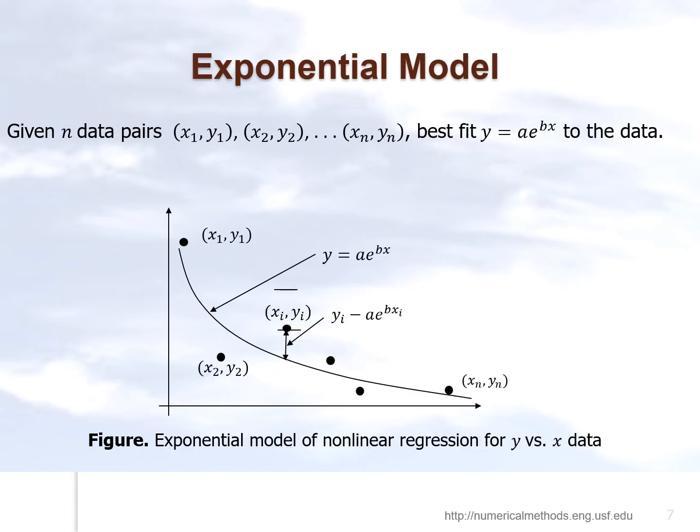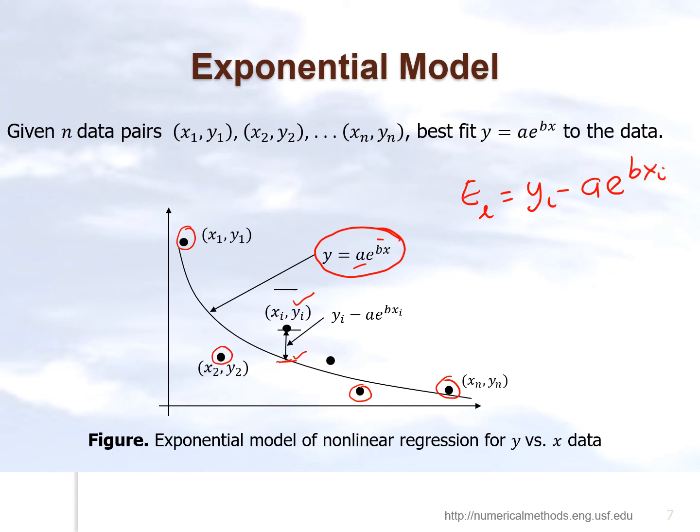So let's go back to the exponential model and just repeat what we saw for the general regression model. The reason why we do that is because in the general regression model, we use a function called f of x, and then people ask, what are the constants of the regression model? Here they are for an exponential model: a and b. Given the n data points which we have here, we want to find the difference between the observed value and the predicted value. Your observed value is y sub i, and your predicted value is a e to the power b x i.